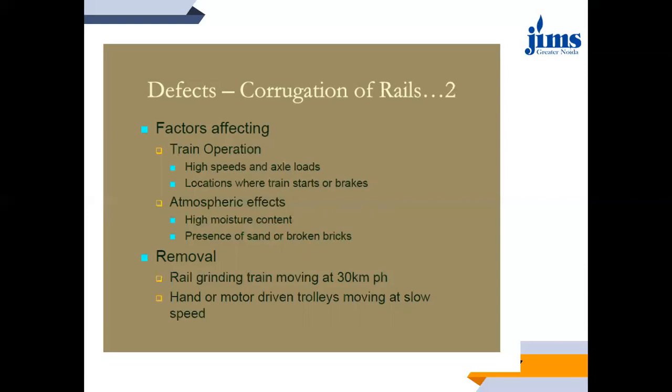Just like in Transportation Engineering 1 in highways, you have studied what? The roughness. In order to measure the roughness index of the road, we make use of a bump integrator and attach it to a motor driven vehicle, and we drive the vehicle at a constant speed which is quite considerable for recording the readings or recording the deviation. In a similar manner over here also, instead of using a vehicle on the highway, we are using the vehicle on the rail track or the railway, and the same thing is happening. We are recording the deviations in the track, that is surface deviation in the track, very minutely.